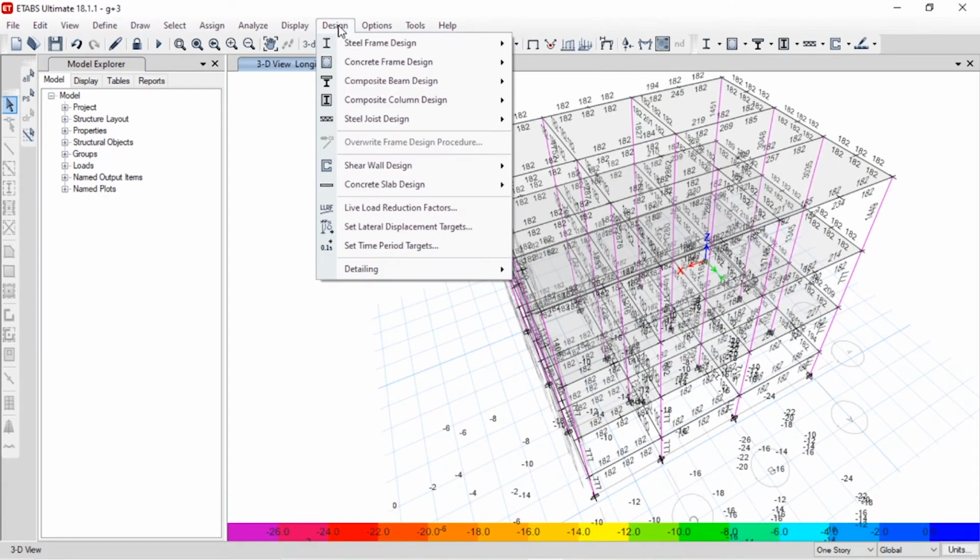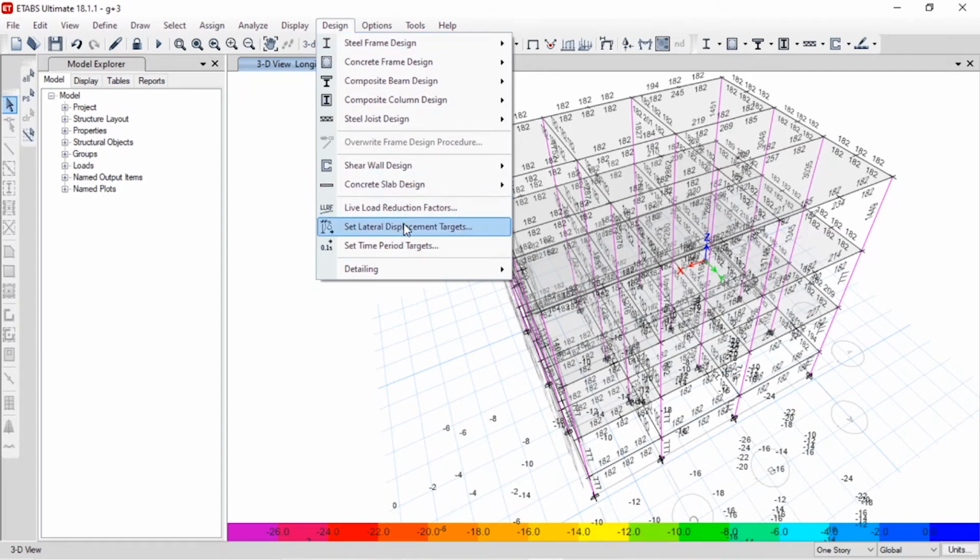For that, you need to change the cross section of the frame.